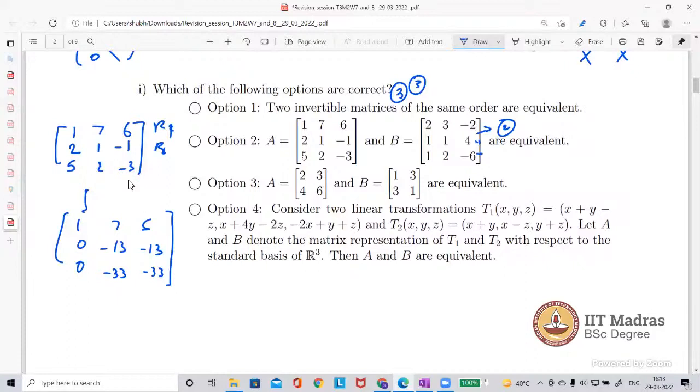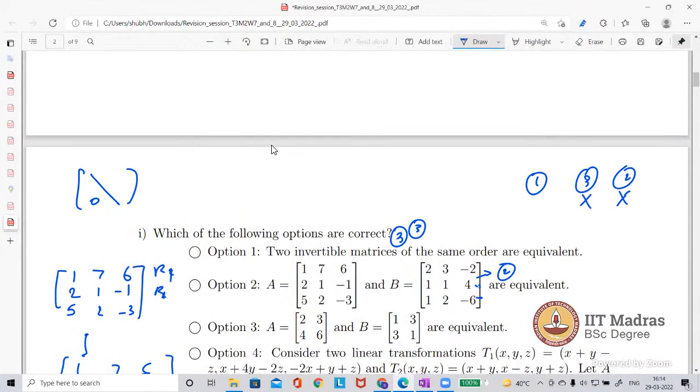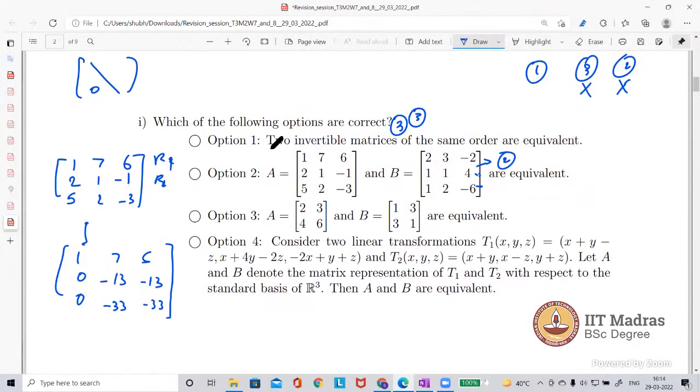Close to no, I didn't get it. Sorry, can you repeat again? Like how the rank is related to equivalent matrices. Is it due to this matrix multiplication we do, sir? The reason is that two matrices are equivalent when we are